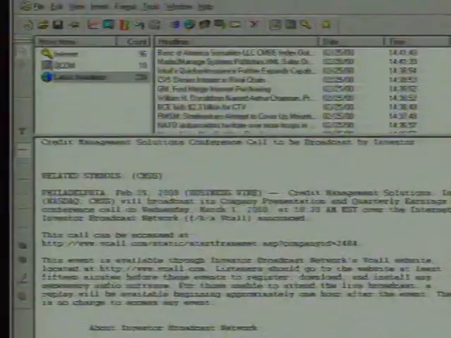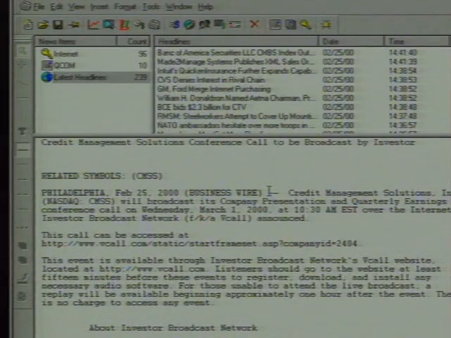So you can say everything that comes across the wire that has the word internet and IPO in it, pull all the stories for me, tell me and alert me. Okay. Show me, you have a cool feature here where you can actually